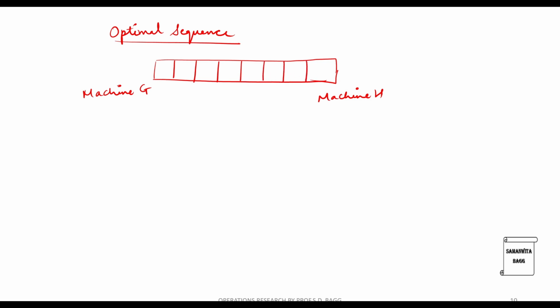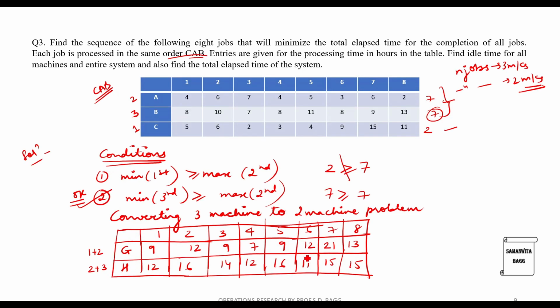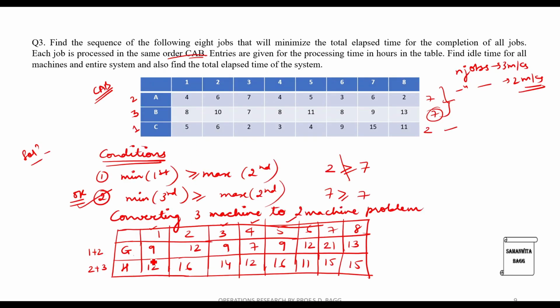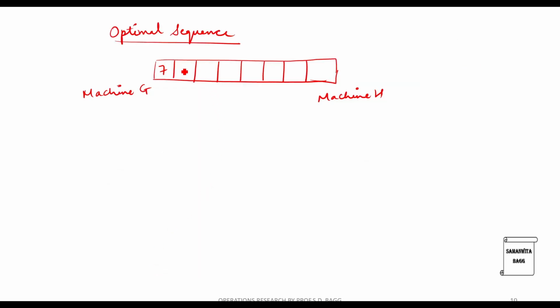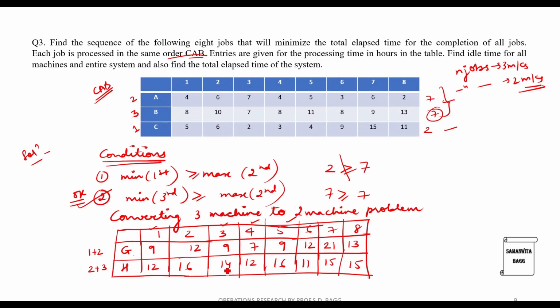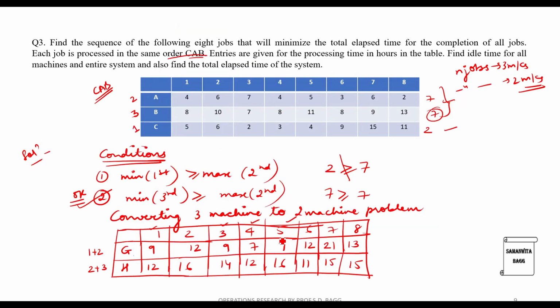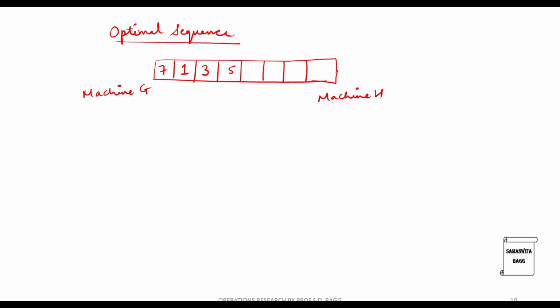Now, again, the process is the same. You will figure out which is the minimum value. First minimum value is for job 4, G value is 7, so I will allocate 7. The next minimum value is the 9 that you can see. So this is the first one which has corresponding value 12. So I'll write here 1. This 9 has corresponding 14. So next I'll write 3. And here for this 9, this corresponding value is 16. So I'll write here 5.